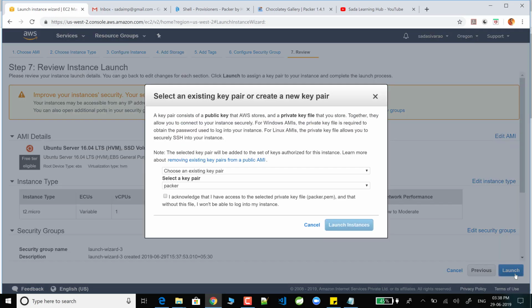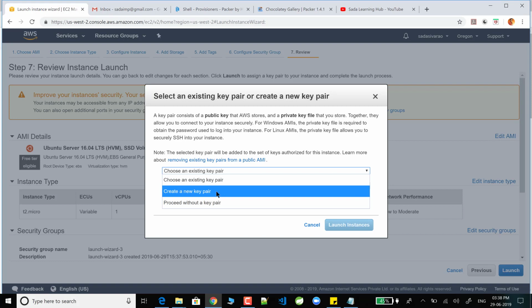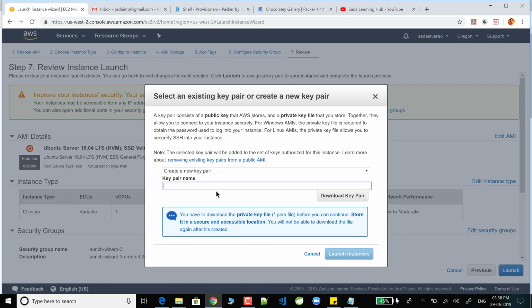See, once you click on the launch button, this is a very important step you need to see. If you don't have any key pair, you can create a new key pair here. Once you create the new key pair, you need to give a name here. See guys, if you miss this step, for example if you forgot to download the key pair, there is definitely no chance to recover that key pair.